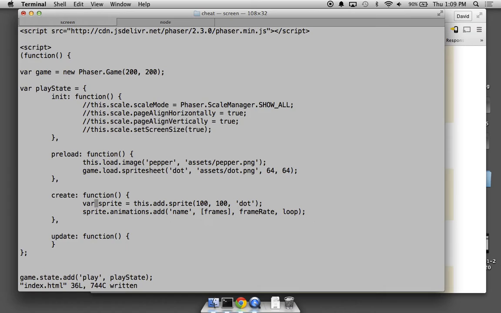There's an animations object, and it has an add function. And so we're going to add an animation. I'm going to call it idle. You know, in games they usually have an idle. I'm just going to call it idle. And then how many? This is